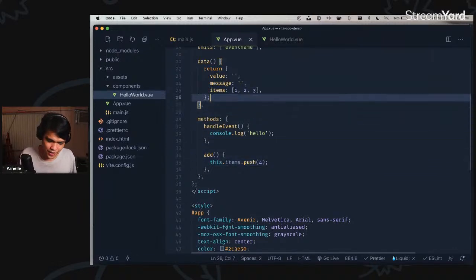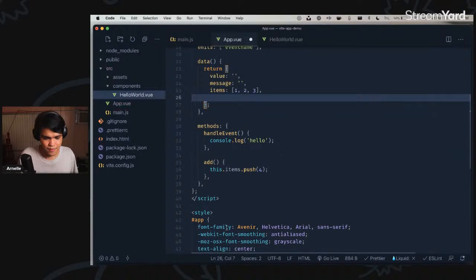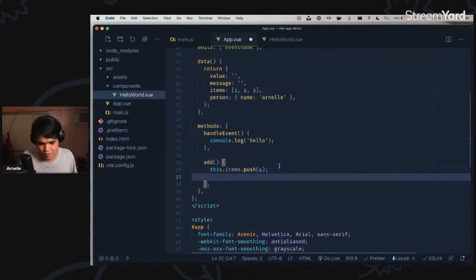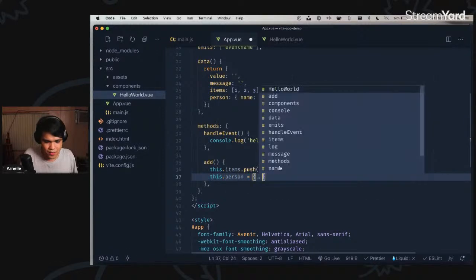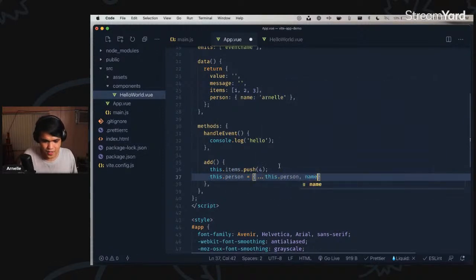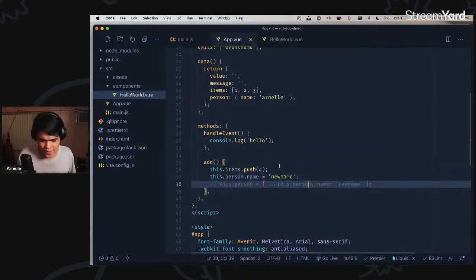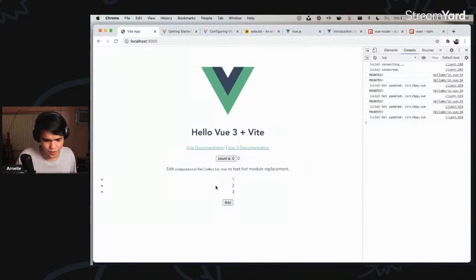For example, if you have persons, create person, so a name, no need to do something like this.person equals this.person, name equals a new name. We can just do person.name equals new name. So easier to read, I think. So that will just work